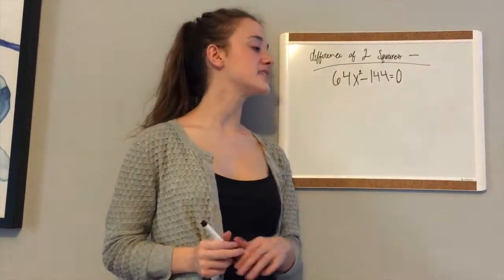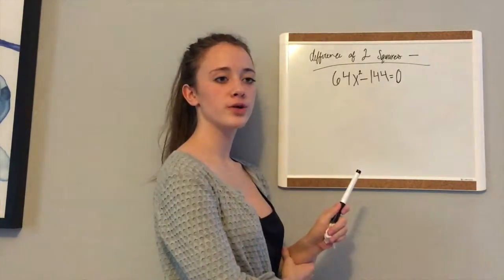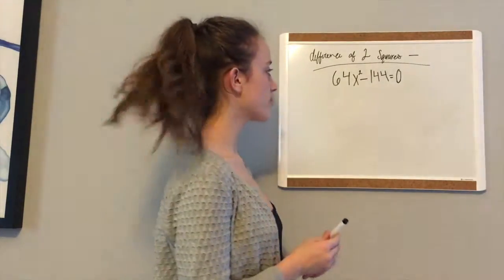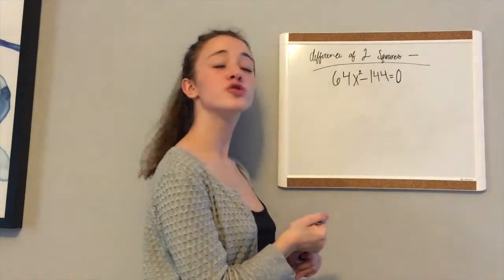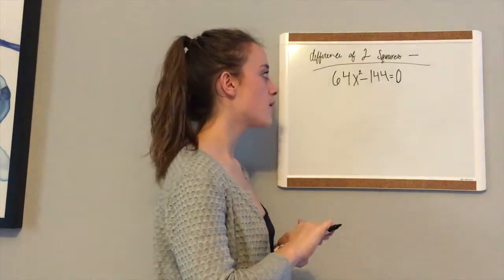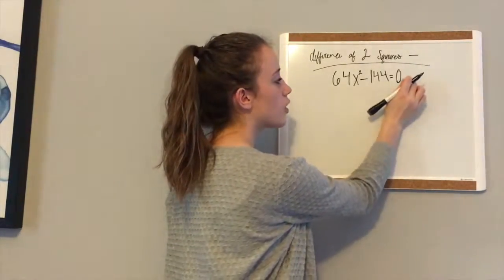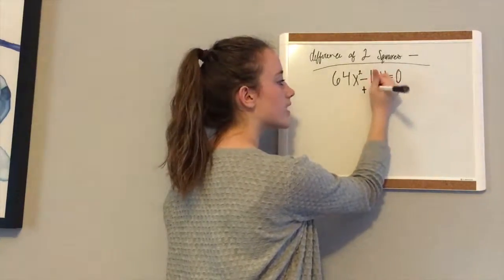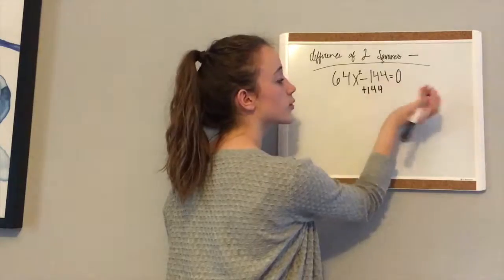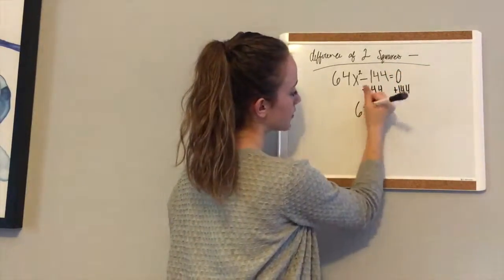Okay. The method I will now be covering is factoring using difference of two squares. You use this on a binomial equation, and the equation that I have written for this method is 64x squared minus 144x equals 0. So the very first step that we're going to take will be to add 144 to the other side. So you can do that by canceling out the 144 that we currently have on this side and adding 144 to the next side, and you will end up with the equation